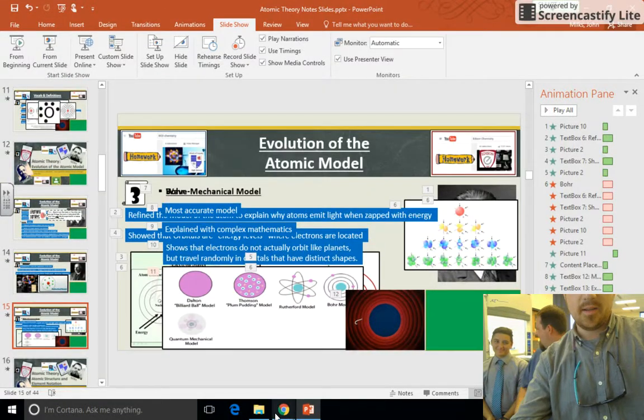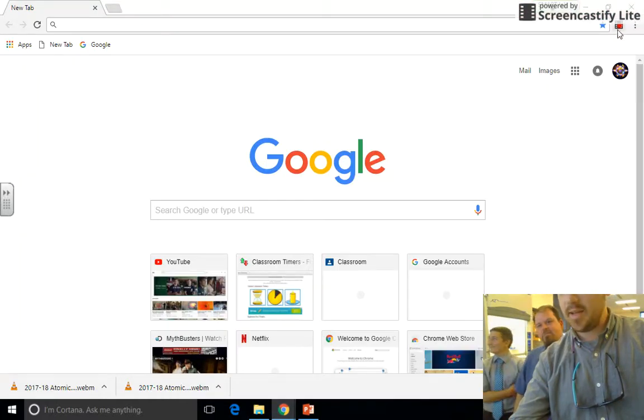I click the button and it turns it off. Click the button. Turn